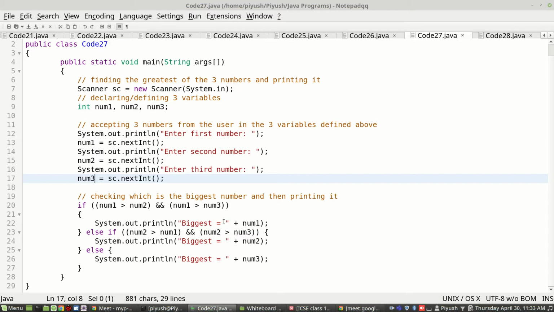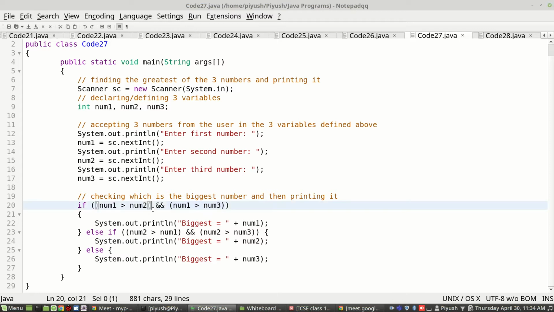So when will the first one be biggest? If num1 is greater than num2 and num1 is greater than num3. We remember that this ampersand, that is logical and, results in true only when both the conditions along with it, or all the conditions present with it, are true.